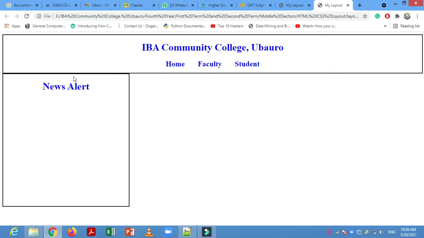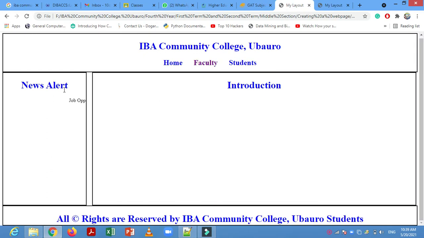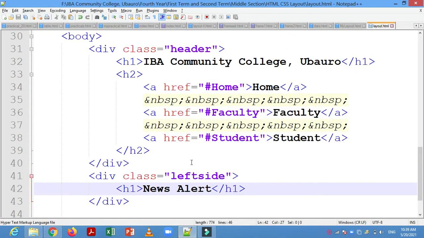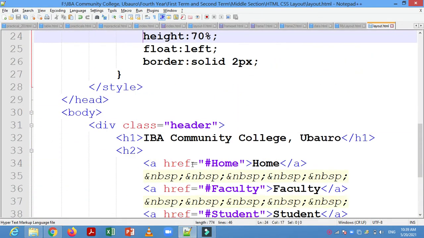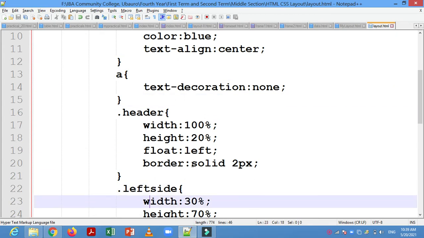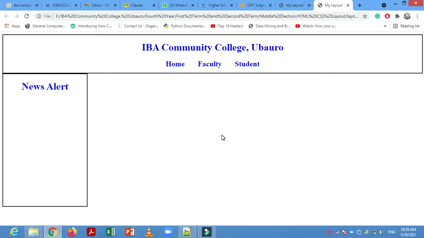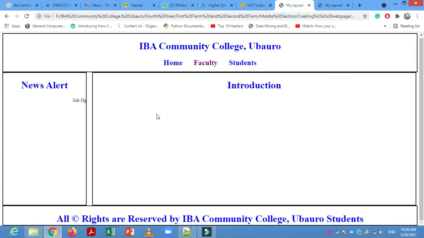You can see this one. So from here you can see, so I think here I have given the 20%, so you can give 20%. Here I am giving the width of left side 20%, okay. So then next part will be right side.